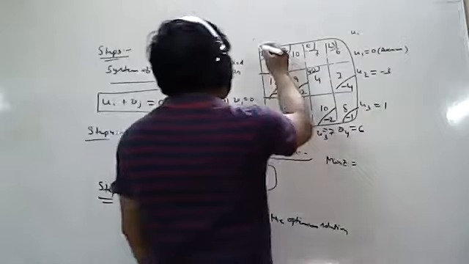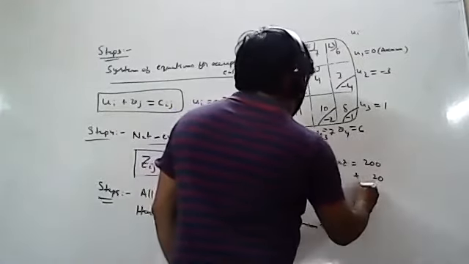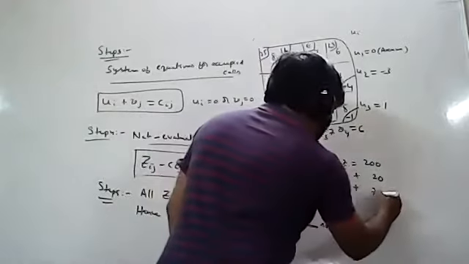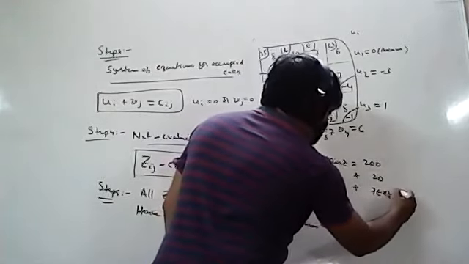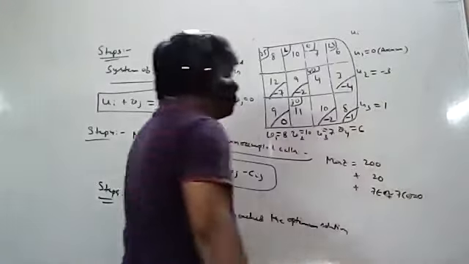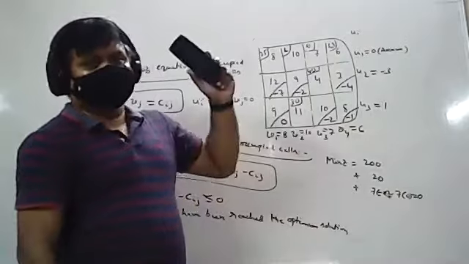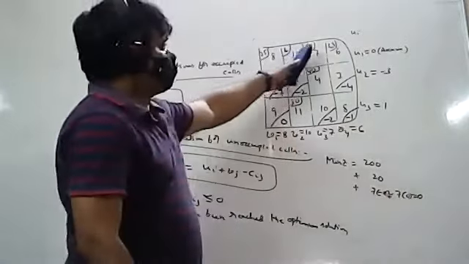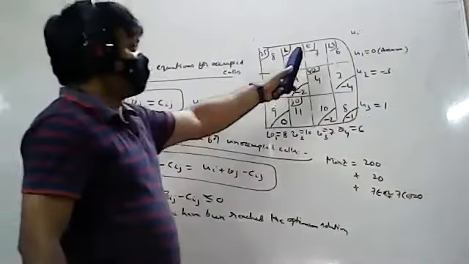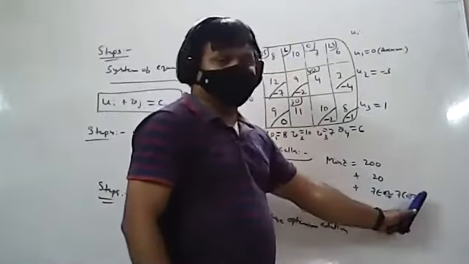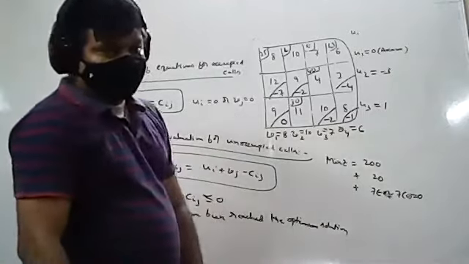minimum Z equal to, same as it is, 18 into 25, 200 plus 2 into 10, 20. Now what you will get is 7 into epsilon. So what is this epsilon value? Epsilon value is equivalent to 0. That means this value is 7 into 0, 0. That's why while doing the VAM method, you are getting that 0 there. But you cannot consider it, it is occupied. 0 has no value. I have introduced that epsilon. I have solved this one. I have shown that all are less than or equal to 0. Now I can consider that epsilon value as equivalent to 0. So the answer won't change, because epsilon value is equivalent to 0.